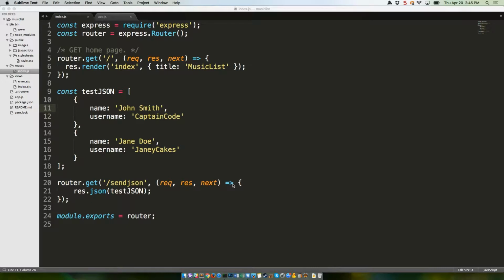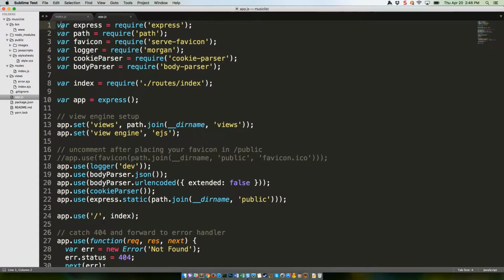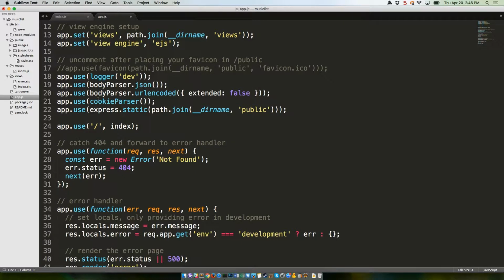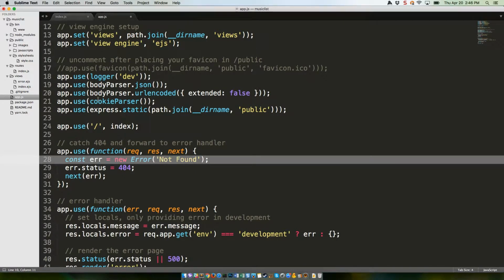First part's easy. We're going to go through and change our vars to const and let. Actually, entirely const. Open app.js. I like to just multi-select in Sublime using Command or Control D. Now, you may be wondering why line 28 is a const even though we're adding something to the object on